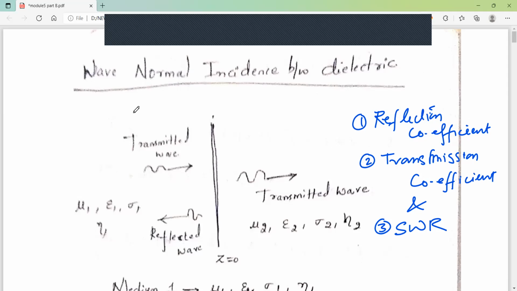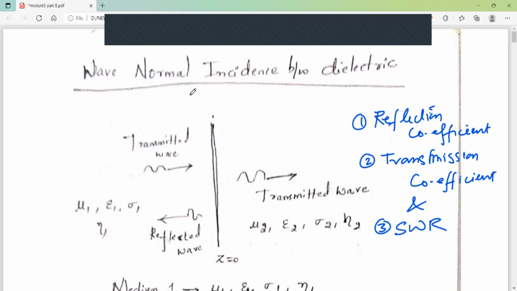So when an electromagnetic wave is incident on a particular surface, we have two phenomena. Either the wave can be transmitted through the surface or it can be reflected. And in a general medium, both of this happens. That is, a portion of the wave is transmitted and a portion of it is reflected. So when a wave is going from one medium to another, two phenomena occur: one is transmission of it, and the other one is reflection of it.